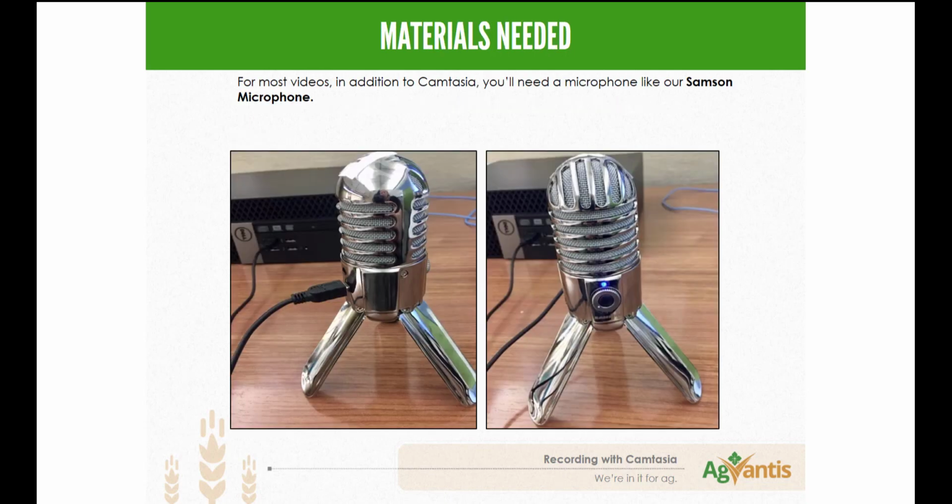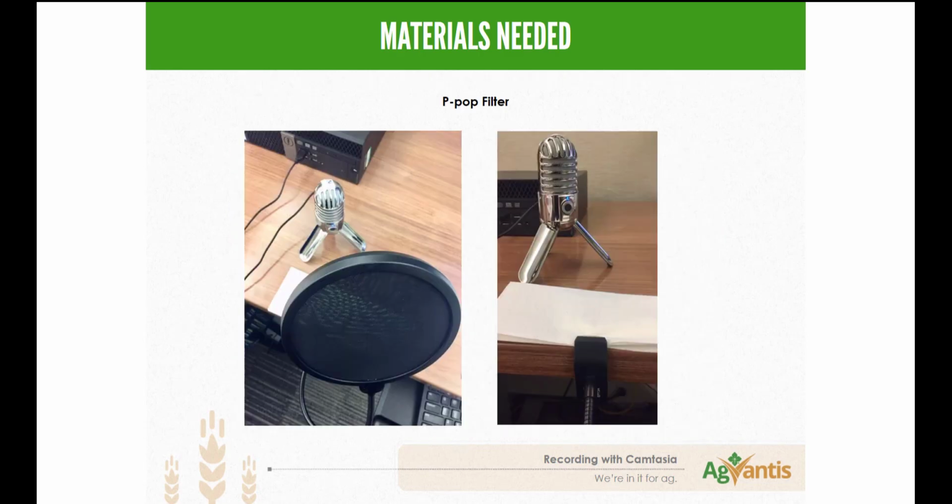Advantis has a Samsung microphone that plugs directly into a USB port. Once it's connected, a blue light on the front of the microphone turns on. We also have a P-pop filter, which is a noise protection filter for microphones. P-pop filters are typically used in recording studios. It serves to reduce or eliminate popping sounds caused by the impact of fast-moving air on the microphone during a